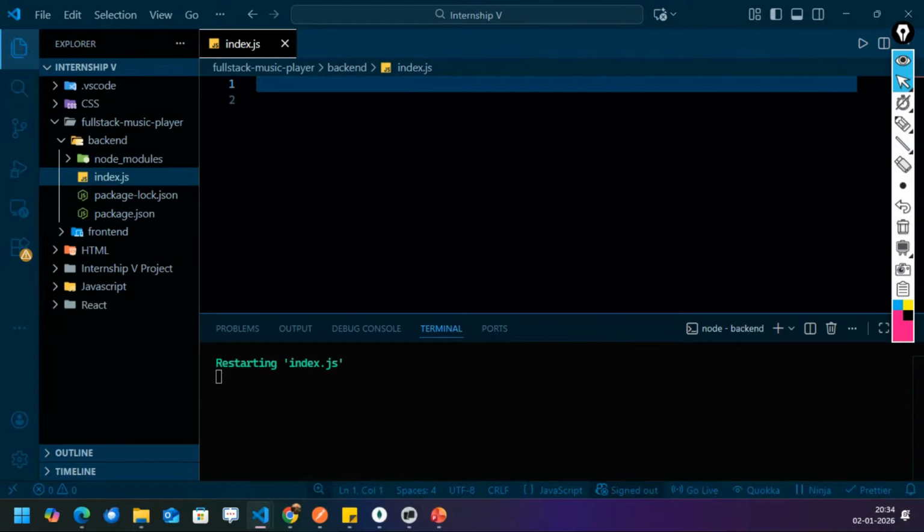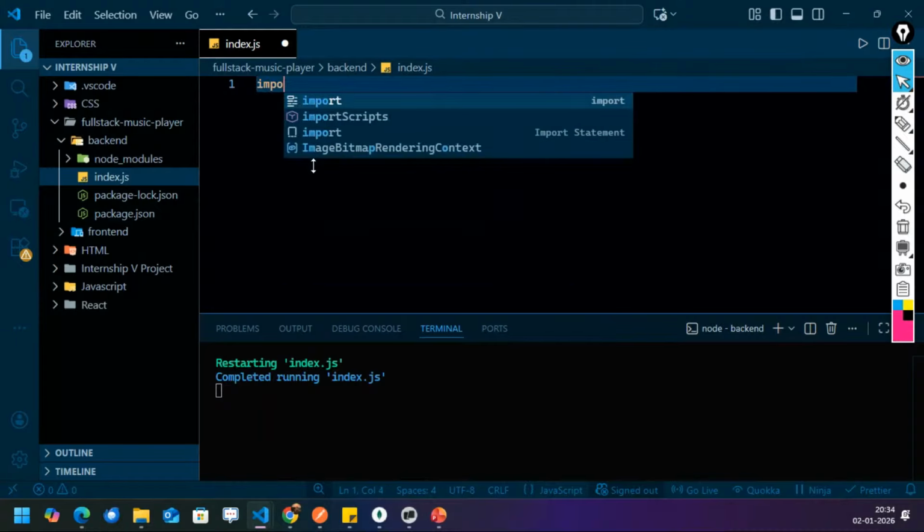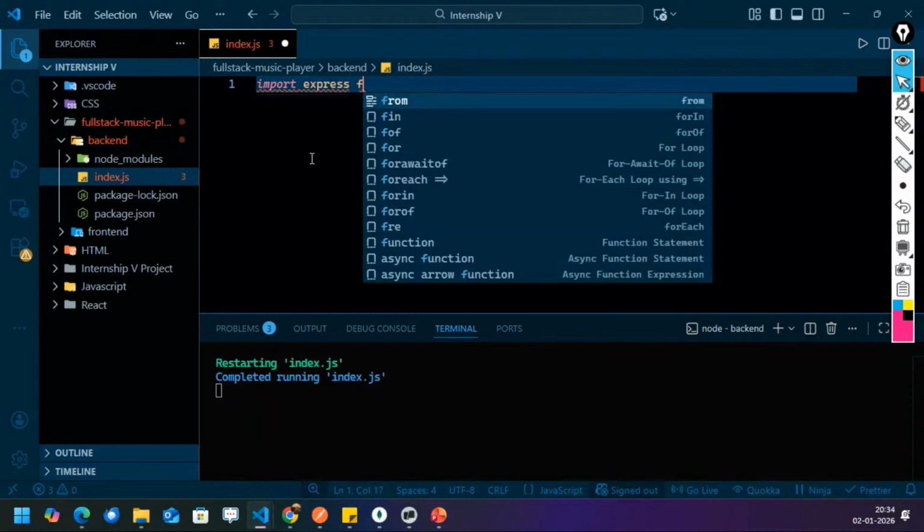Fine. We need to do what? We need to import Express. So I will write import express from